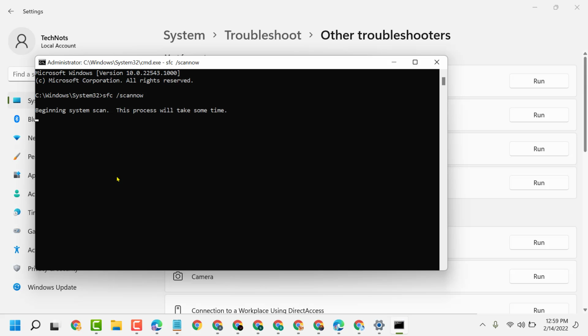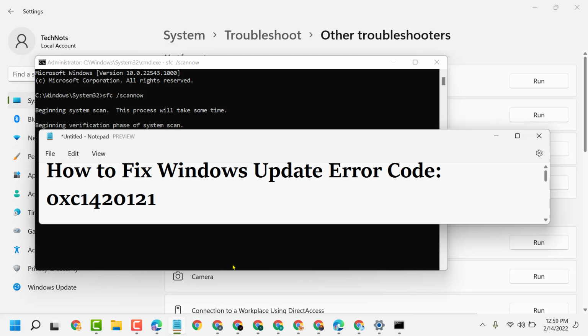And guys, this command will take a couple of minutes, so complete this process, and once this is complete, restart your PC or laptop again. So hopefully guys, after restart you can fix and resolve Windows Update error